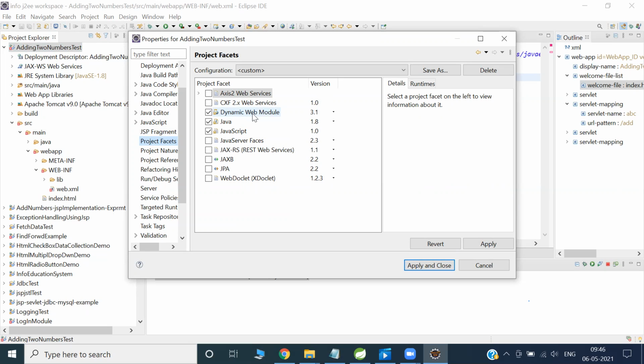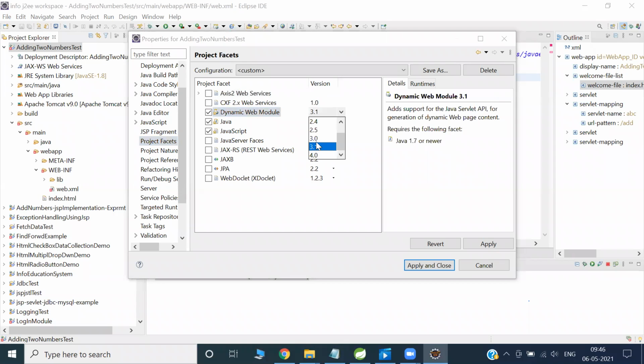So suppose you change your mind at some point, or this version is not supporting another component, so you can upgrade or downgrade the version. You can downgrade to 3.0, 2.1, depends, but usually it rarely comes up. So you can make the changes here. Suppose you want to change your JDK, you can change it. Sometimes by default it gets selected as 1.6, so you have to update. You can come here and change your JDK version.